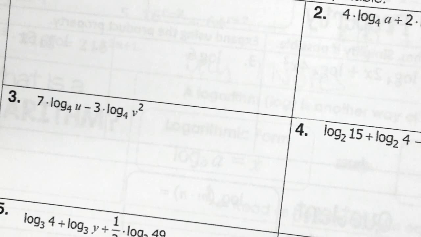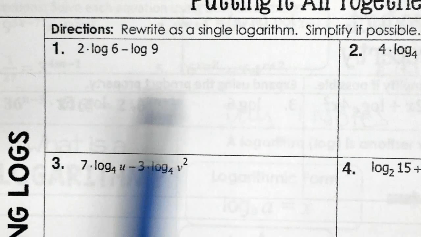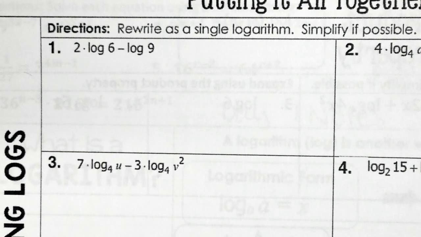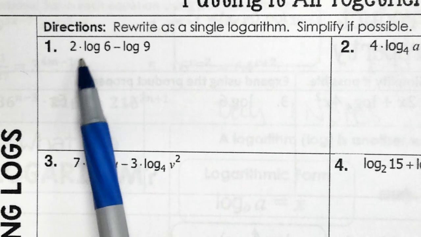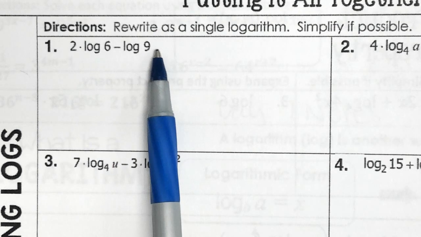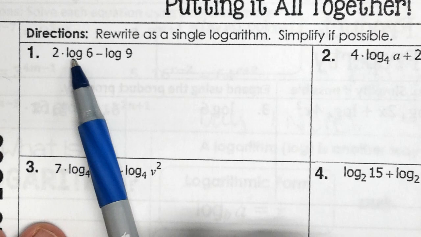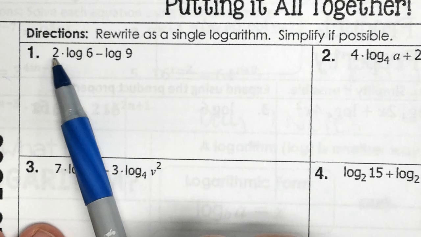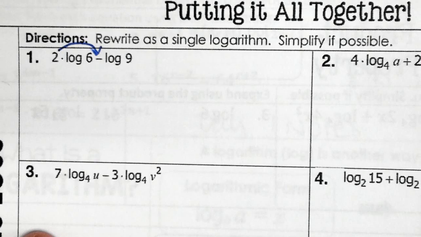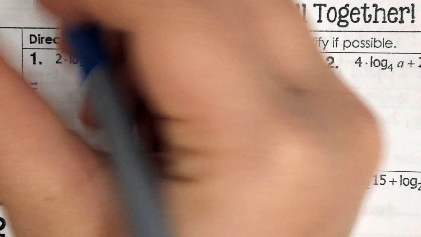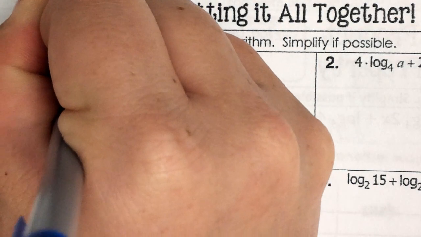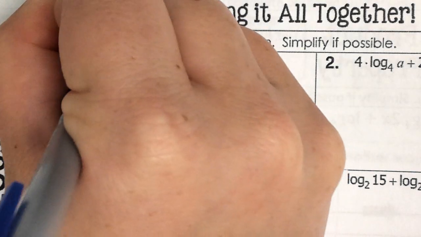Okay, so for number 1, if I'm asking you to condense a log, what I'm asking you to do is to make it into one single log. Right now there are 2 logs. We need to condense it to 1. Anytime there is a number being multiplied to a log, in other words, if there is a number in front of a log, what we need to do is use the power rule that says that we can move it to the exponent. So then we are going to write this as log of 6 raised to the 2nd power